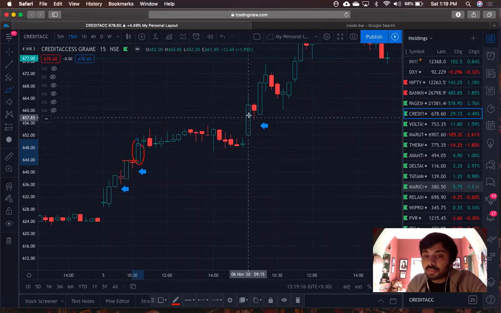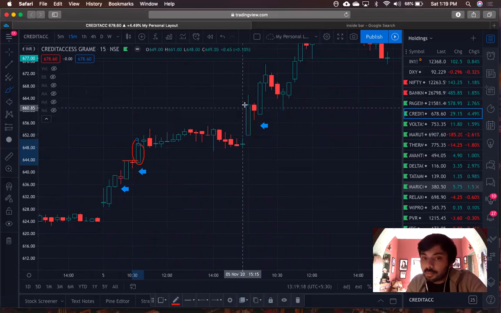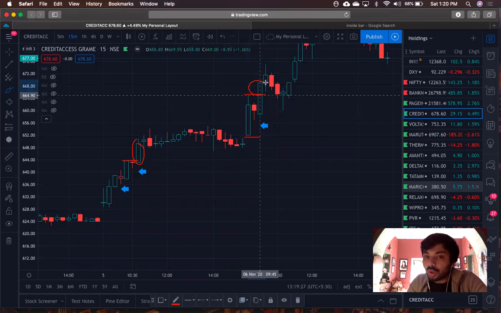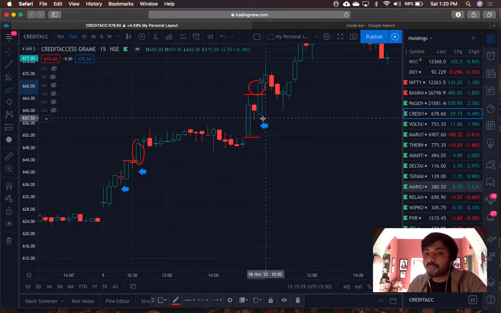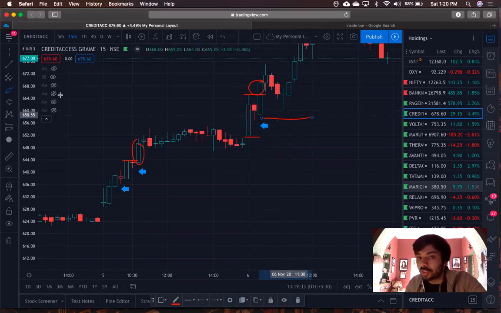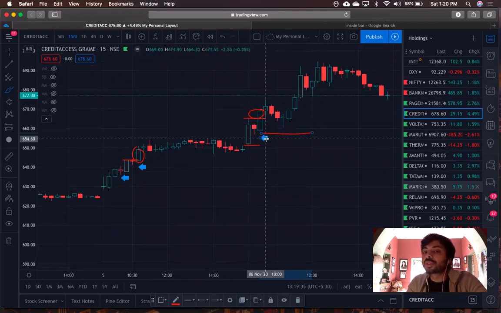This is the first 15-minute candle, a very big green bar, a pause in the trend. You can see the highs and lows. The red candle is within that high and low. Once this high and low is broken, you go long immediately, keeping a stop loss below the outside bar. And you can see the stop loss never got triggered, and the movement that you got was